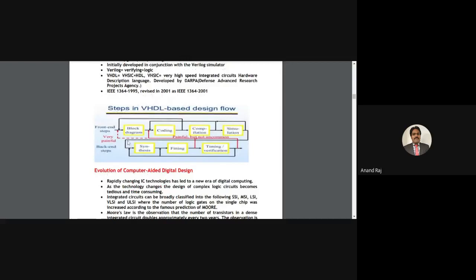Let us move to the different steps in VHDL based design flow. How will the design actually be done in HDLs? We have two types of design techniques: front-end design and back-end design. Front-end designs are very painful.